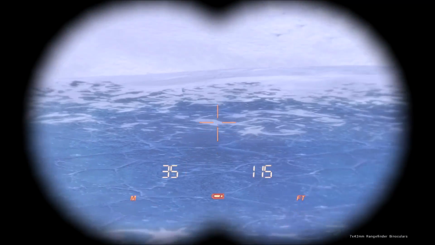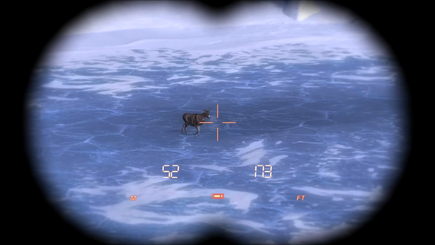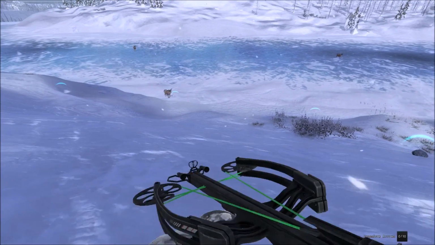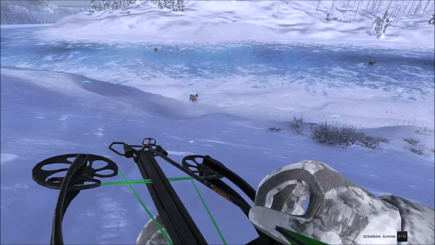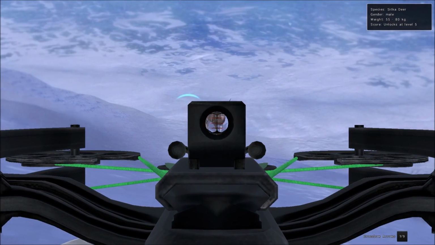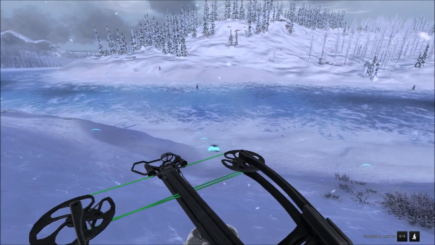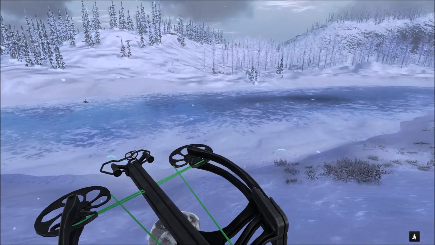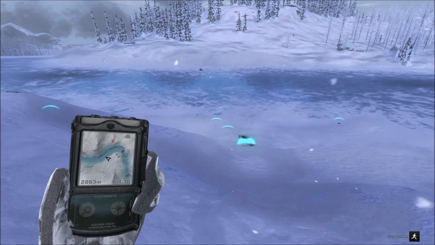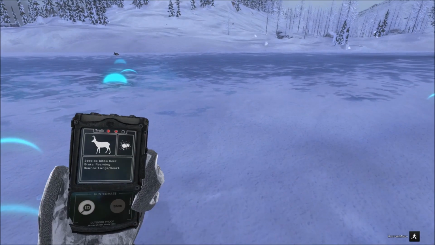Doesn't have a lot of points, but this one, who's now over there, he's got an extra point on his right side. But anyway, this one's getting well within shooting range. So we'll try to take that shot. That should be double lung. As I mentioned in my drop shot guide video, Sitka deer cannot be dropped with double lung shots most of the time. It does work every now and then, but I didn't want to end up with...